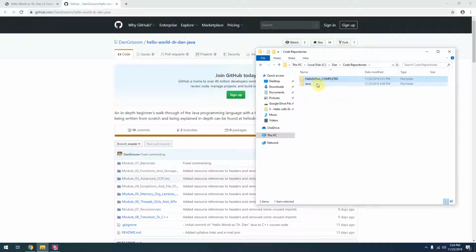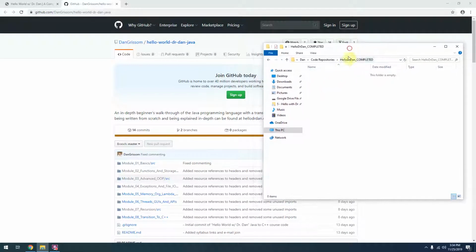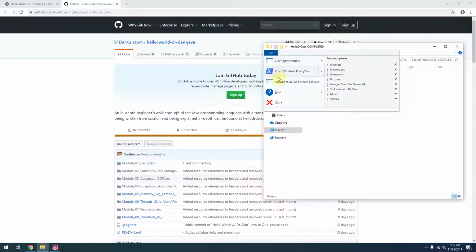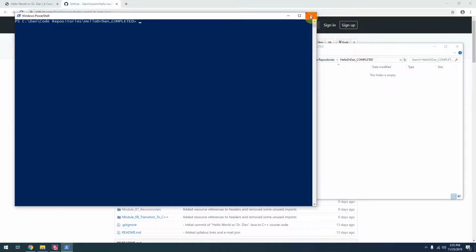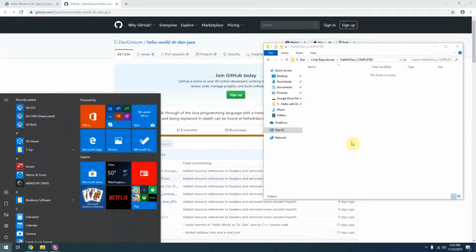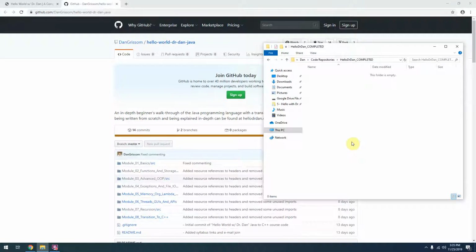And what we'll do then is we're going to go ahead and get all this code. So if you actually go into that directory, you will see that hello Dr. Dan _ completed. So at this point, you should be able to open up a command prompt or a PowerShell window in that directory. I'll go ahead and just do it from the command line so you can see how they get there